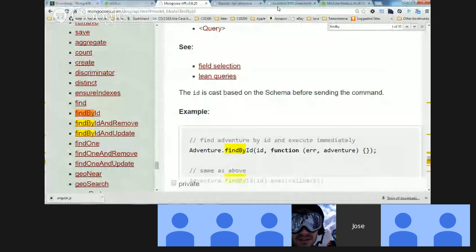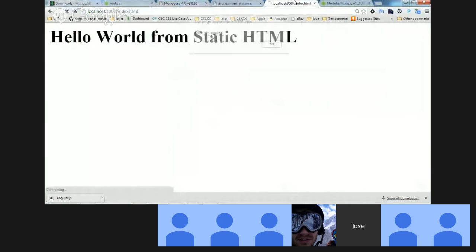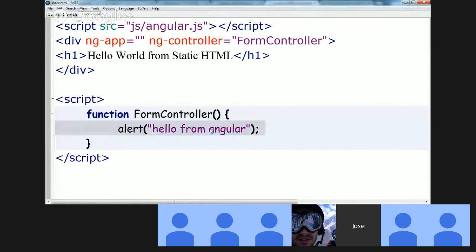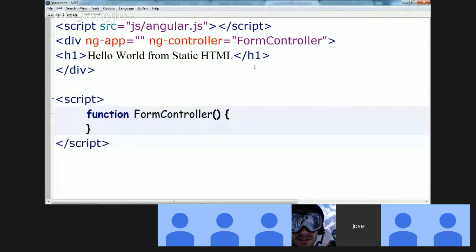So let's rerun our... Oh, there it is. Hello from Angular. So Angular is running. Angular found that controller, says, okay, this controller is responsible for this view. Whatever the controller tells the view to render, the view will render. Okay. And the way that the controller talks to the view,